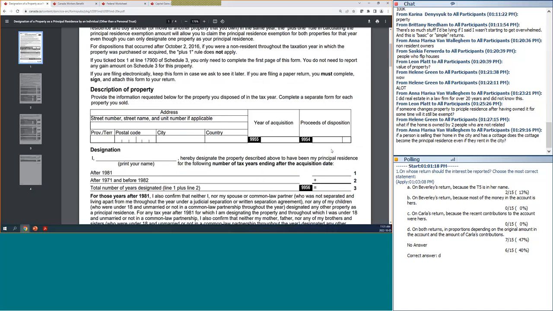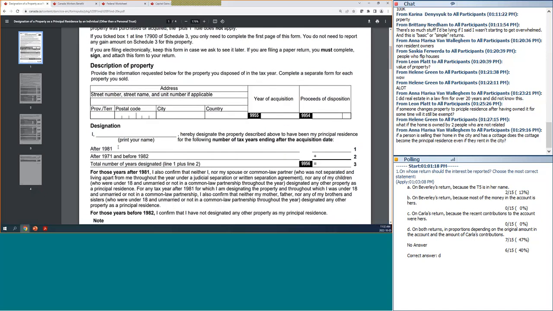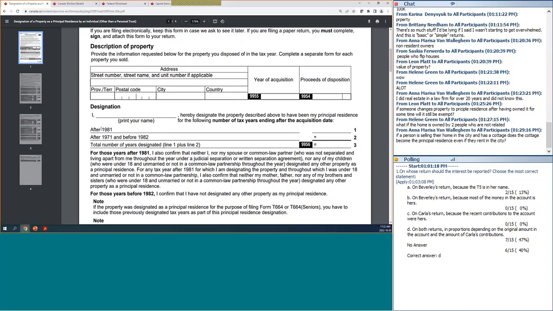They'll report half the proceeds on theirs. If you own it with two other people, you're going to split it evenly between you. Unless it's tenants in common, it's going to be the actual number that is your share. Okay. Then you have to say, I, the taxpayer, designate the property, and then we're going to deal with homes